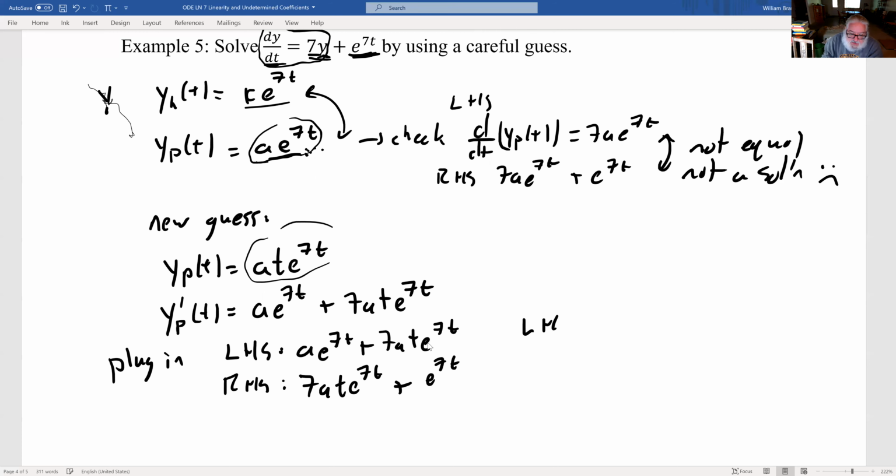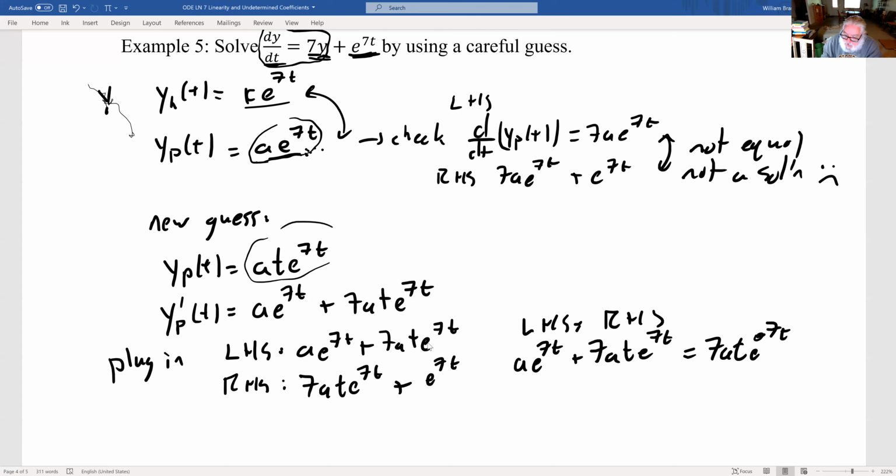If we set left-hand side equal to right-hand side and try and solve for a, what do we get? We get a e to the 7t plus 7at e to the 7t equals 7at e to the 7t, plus e to the 7t. These two terms cancel out, and we're left with e to the 7t equals e to the 7t, or a